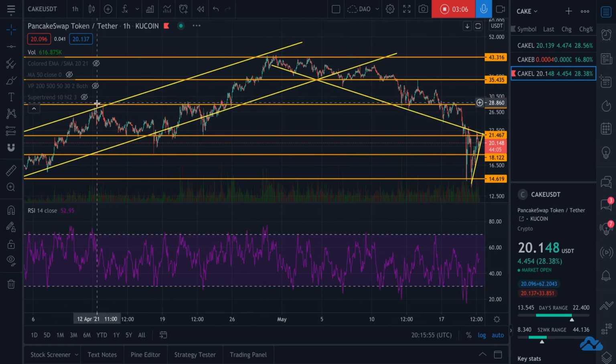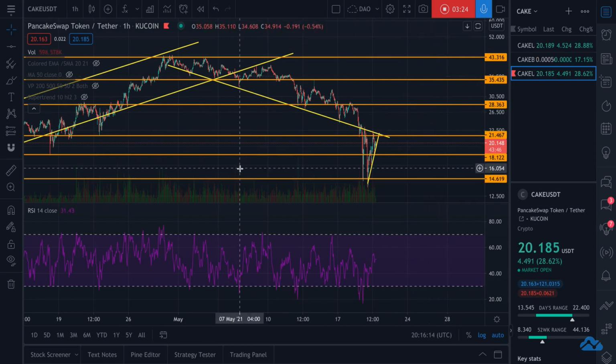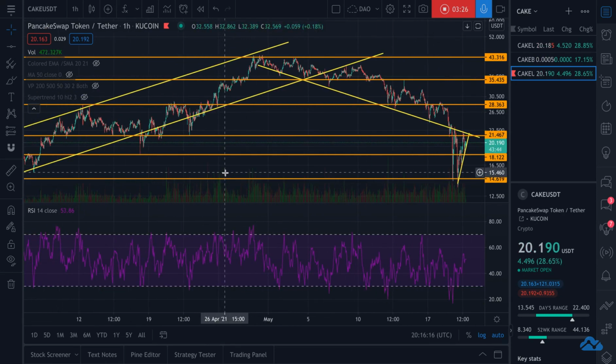As you can see here, it played resistance, resistance, resistance, and then support over here, and then more resistance here. So we could get stuck in this range for a little bit. I would not be surprised to see that. So don't start buying at 25 to 28. Wait until it comes back down to 21, 22 to buy more before it goes back up. And yeah, that's pretty much what I'm seeing.